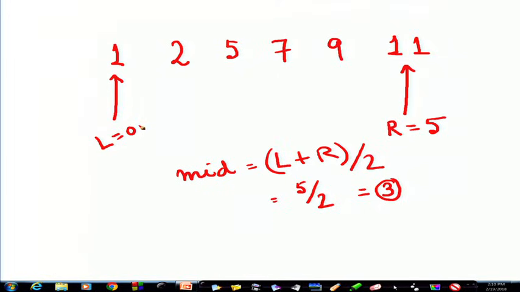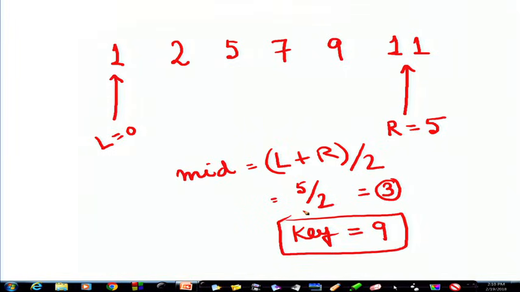Suppose the key is 9. My mid was the third element, 0, 1, 2, 3, this is my mid.